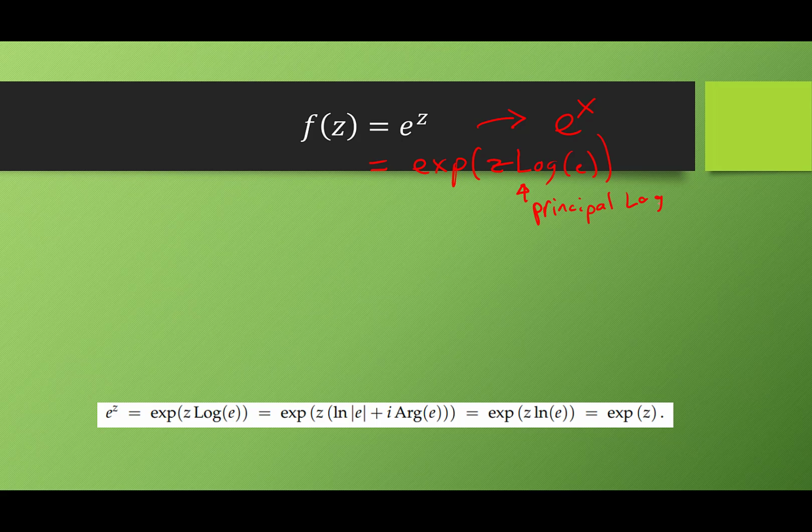So the way we're defining it right now, this is the principal exponential function e to the z. Now, like I said earlier, remember exponentials and logs don't necessarily cancel out as nicely as they used to in calculus, and let me show you why. So e to the z, like we just defined, is equal to exp of z times log of e. Hopefully there's no arguments there. That's how we just defined it, right? But remember, we're using the principal log. So using the definition of the principal log, that's how we get this, which essentially lets us cancel out and get exp of z.